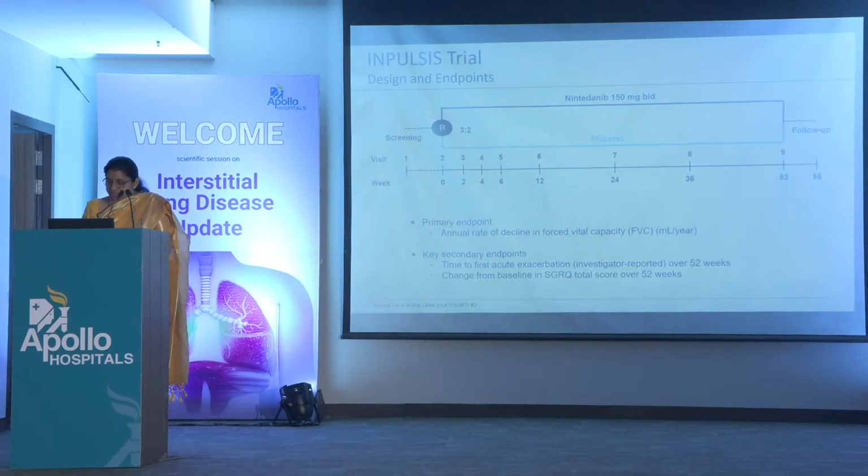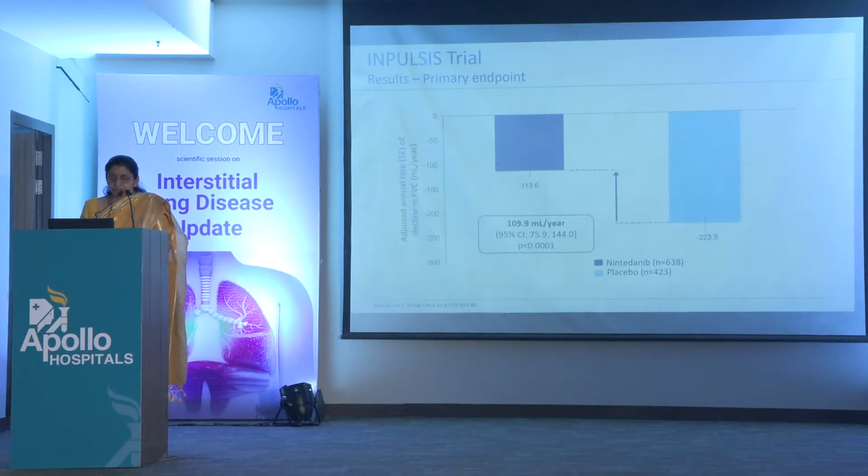In the INPULSIS trial, where nintedanib was studied at a 150 mg dose twice a day, the annual rate of decline in forced vital capacity was measured. What was seen was how much the annual rate of decline was, and how much it improved compared to placebo with the nintedanib medication. The annual rate of decline was 113 or 109 ml per year adjusted, as compared to the placebo, which was 223. So there was a huge difference, almost twice the annual rate of FVC decline in the placebo patients as compared with the nintedanib group, and hence this drug came to be approved for the treatment of